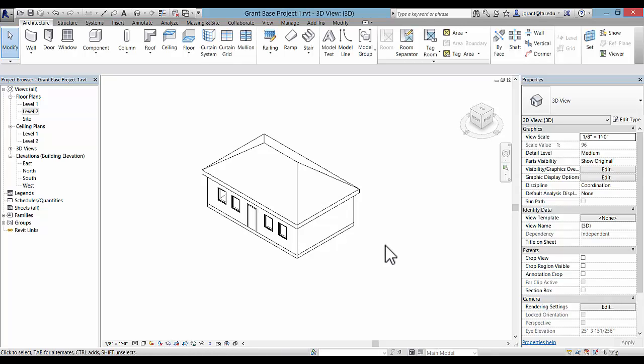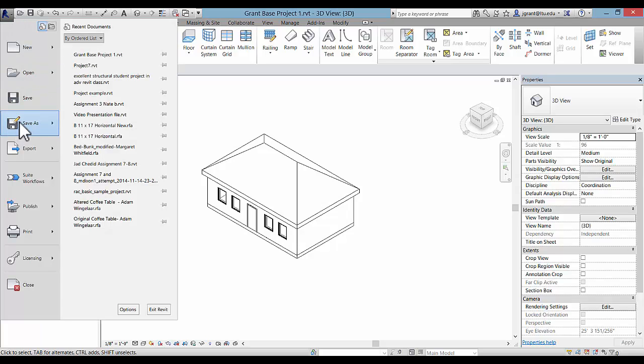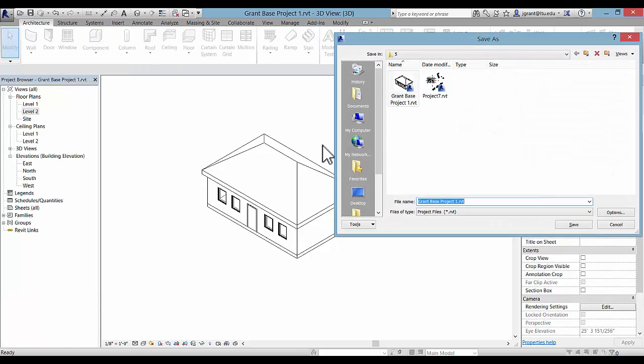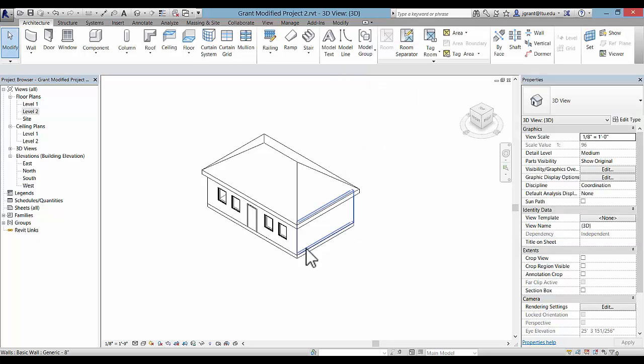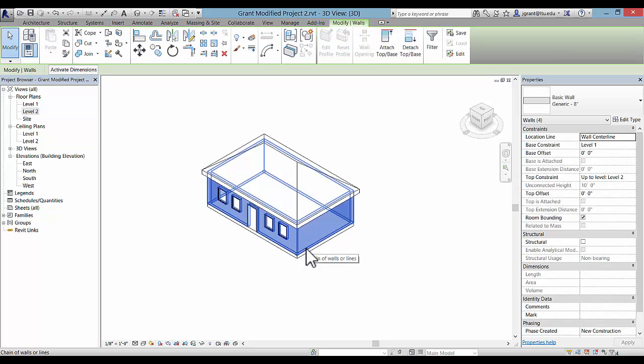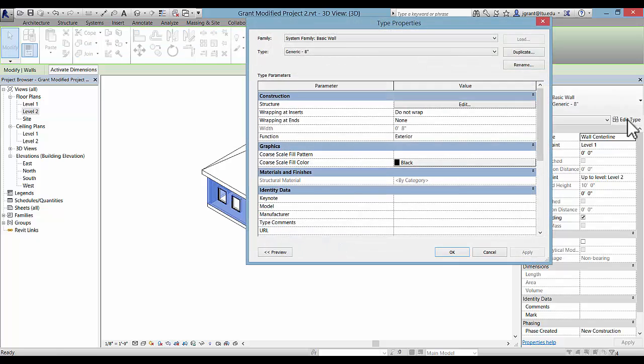So now we have this basic model that uses the defaults. We'll go save it as another different project that I called your last name modified project 2. I'm selecting all the walls. By resting my pointer on one of the walls and picking tab, it will select all of them,